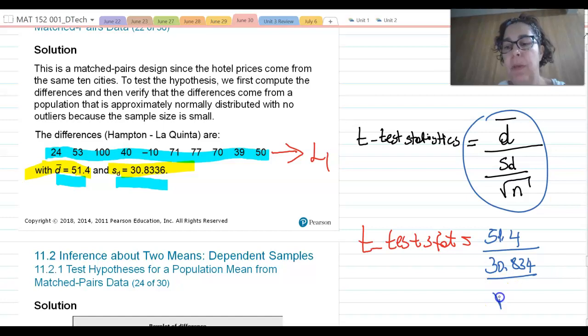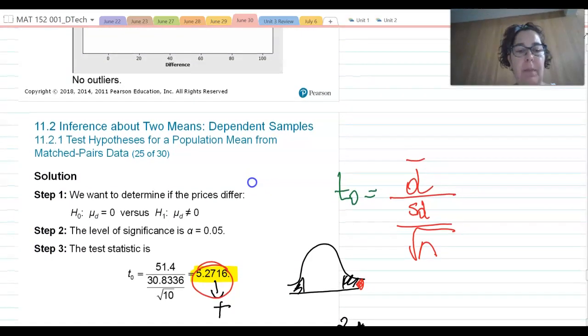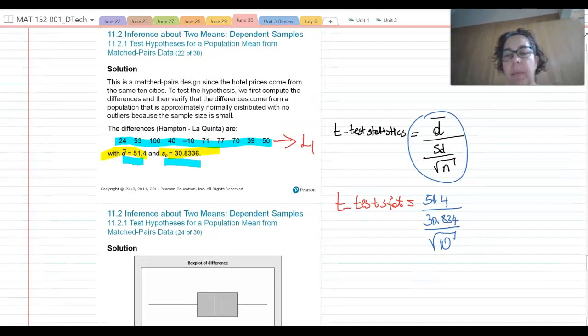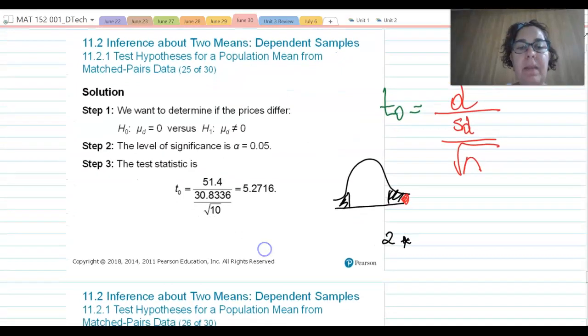And square root of n, because they have the same sample size, we're going to enter 10. Again, the key point here: treat it as a one sample t-test. Then after we've done all those things, as we have talked about in class, we're going to get a test statistic value